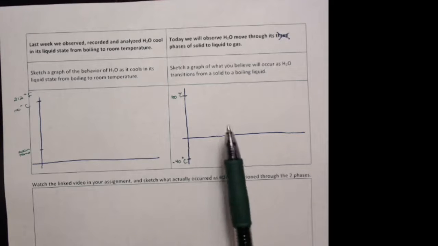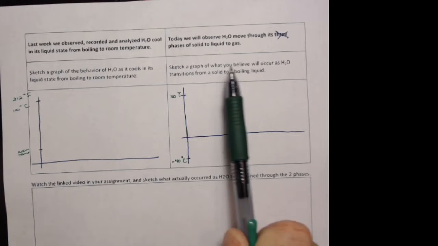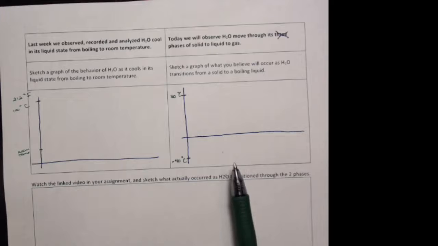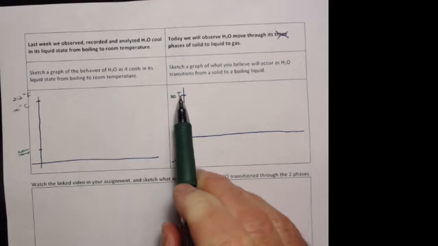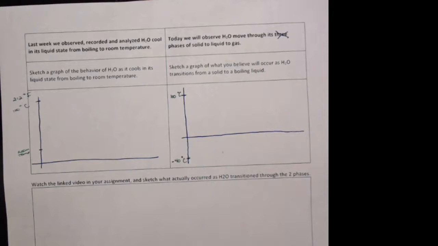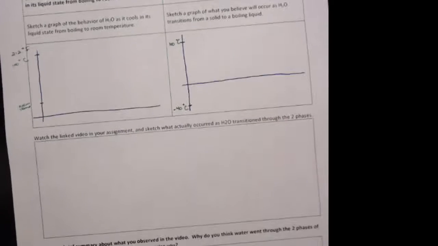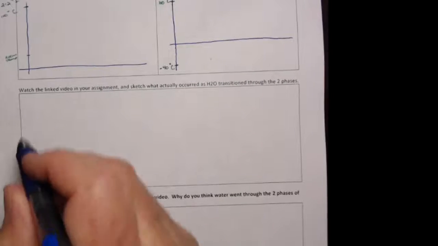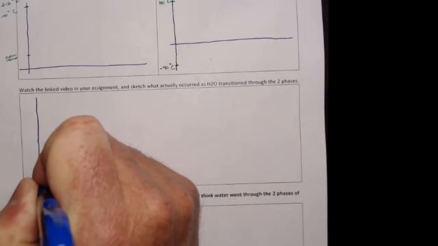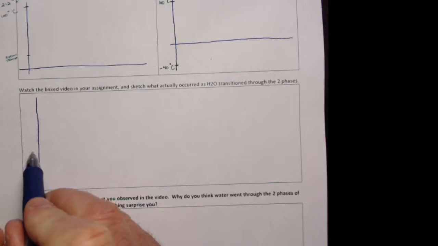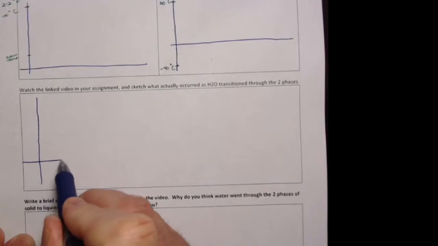What I'd like you to do before you even watch the video is take a guess at how water is going to heat up. It's going to start right here at negative 40 degrees Celsius. It's going to heat up to boiling, 100 degrees Celsius. See if you can figure out how that graph's going to look over time. Okay, and then down here, in this one, you're going to watch the video, maybe once, maybe twice, maybe three times, just to get an idea of what actually happens